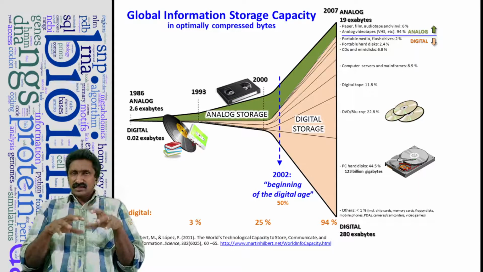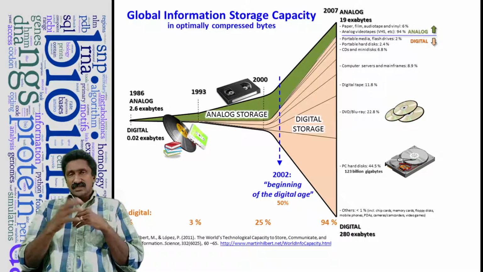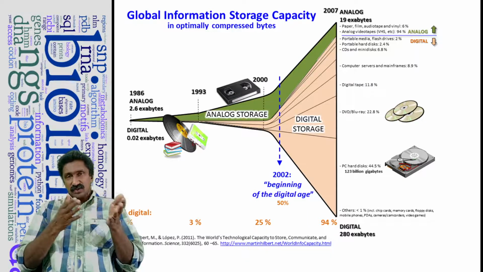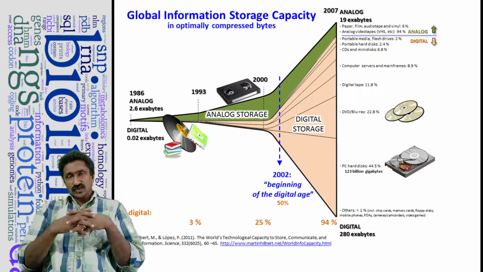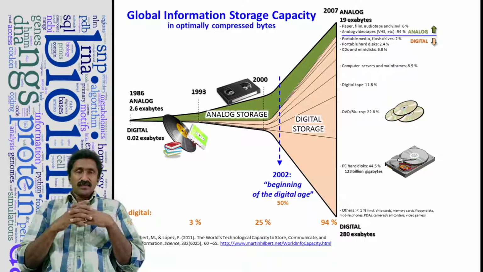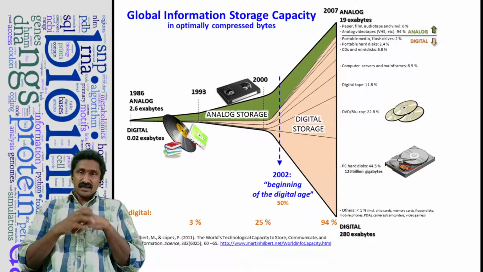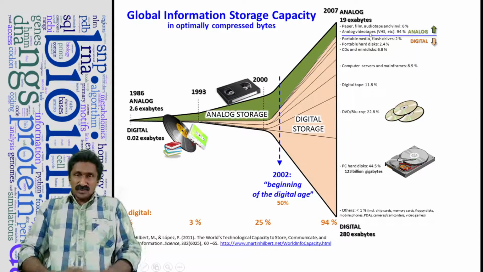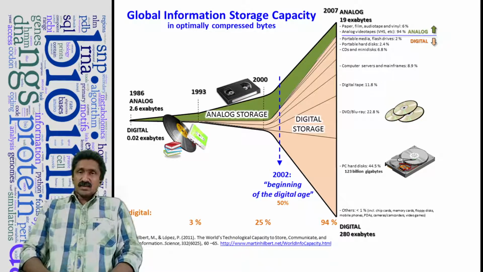But from 1993 onwards, there is an increase in the capacity of digital devices, like floppy disk and hard disk, etc. Now, from 2002 onwards, there is a new era, the beginning of the digital age. Then there is a logarithmic increase in the digital storage capacity, which almost eliminated analog devices previously used before 2000. And now we can see that this graph is an old one because it shows